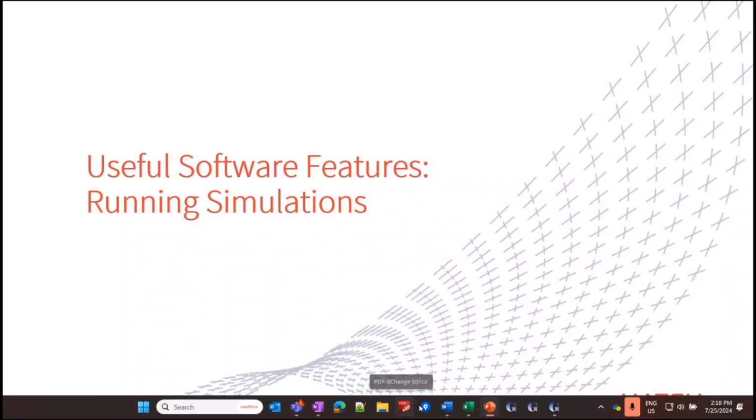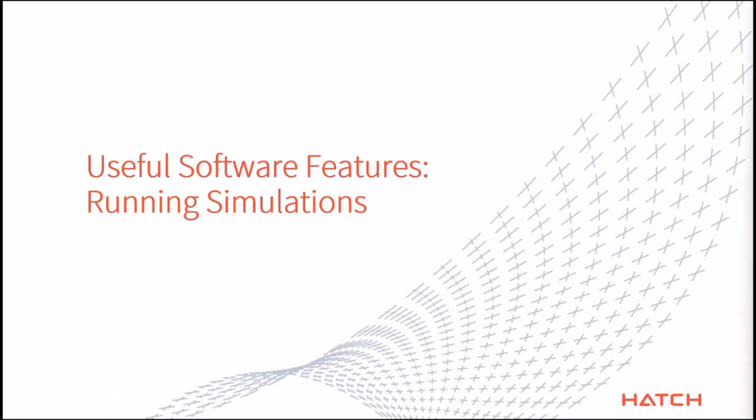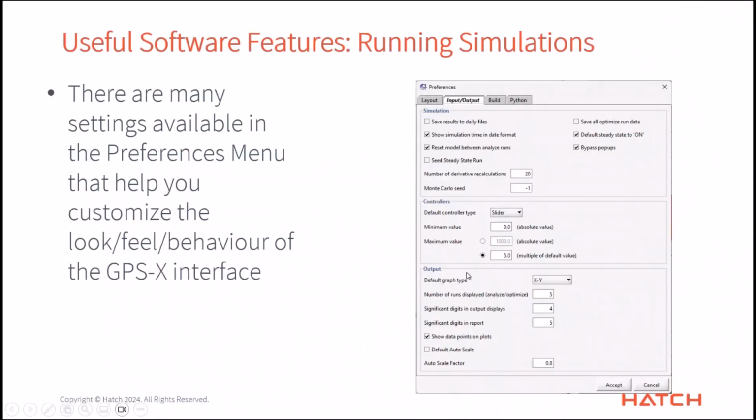Okay, so let me get back to my demonstration here. Now, what I want to do is move on to talking about running simulations. So we've built our layout, we've got it running, and we've entered in all the information that we have. It's been compiled and running in simulation mode. And we are now going to look at some of the handy features that you can use that control how you interact with your model. So these are features related to driving the simulation and so on,